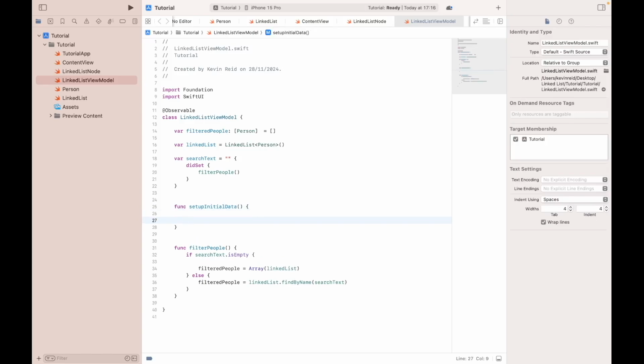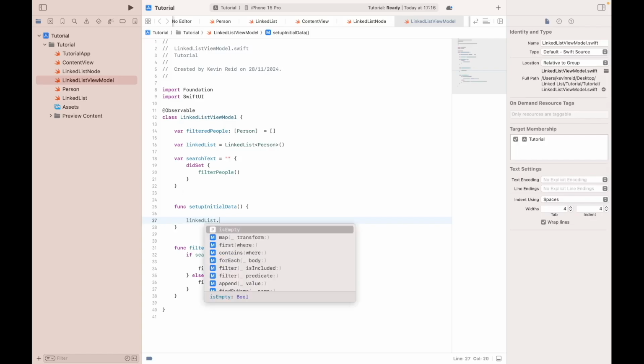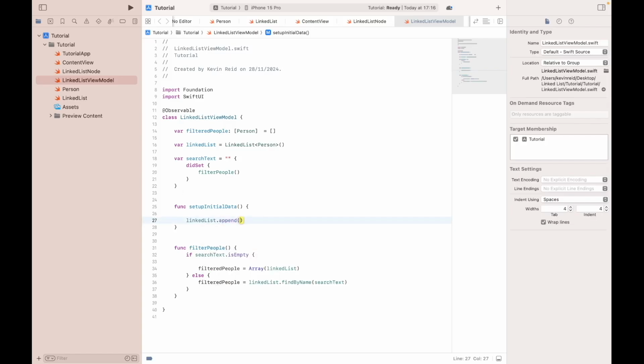So we add a sample person object to the linked list, and this will include a name and an ID. linkedList.append(Person(name: "Alice", ID: 1),